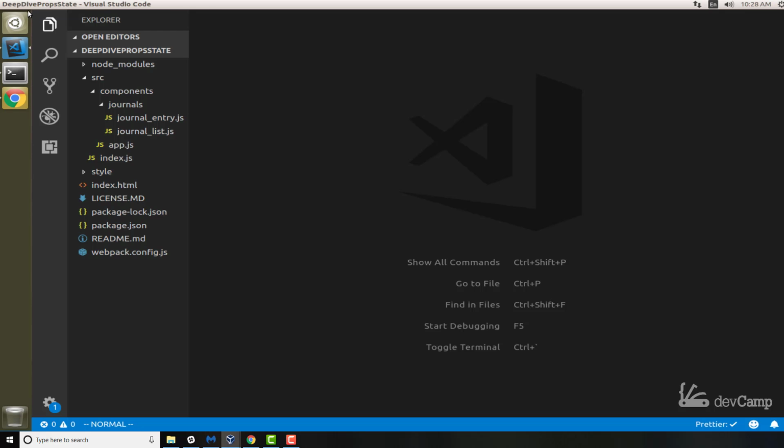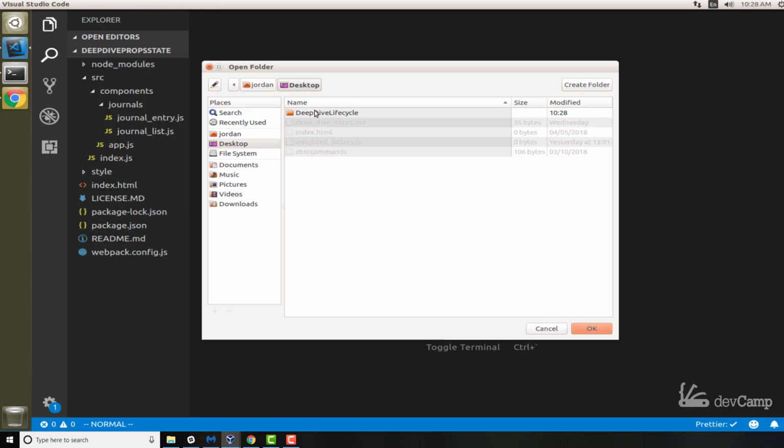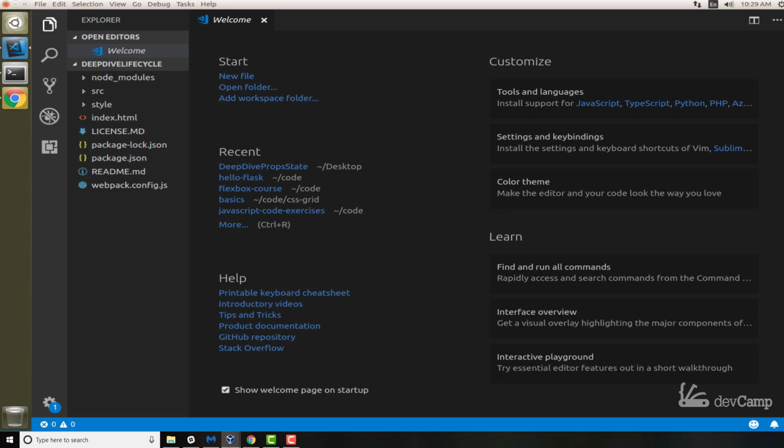Now I'm going to come into Visual Studio Code, go File, Open Folder, and then just click on that entire folder and open it up, and we will have our project right here. This deep dive is going to have two components, and I don't mean React components. It's going to have two types of projects that we're going to work through. We're going to put them all in one code base, but I want to start off by showing you